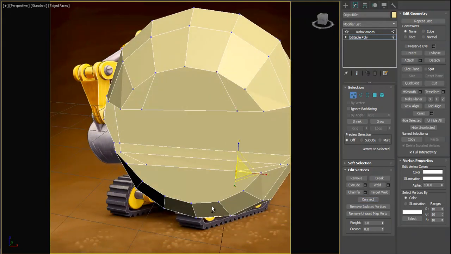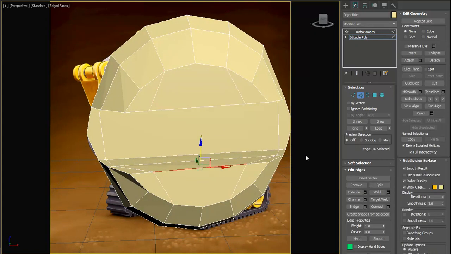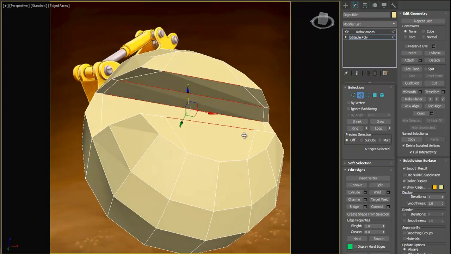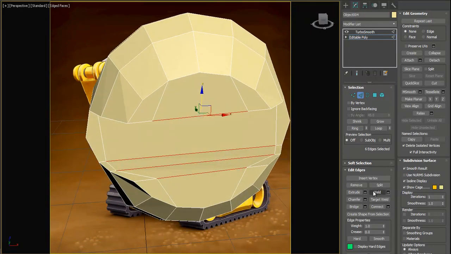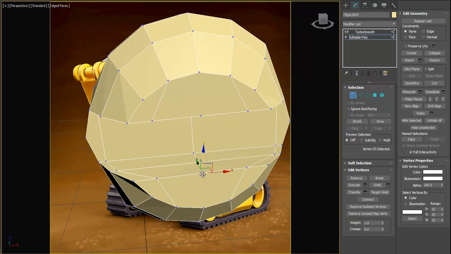If you want your model to be really good, you need to have only rectangles. Sometimes you can make exceptions, but you really need to try to avoid these triangles. So let's add one more, and let's connect this with these vertices. Okay,